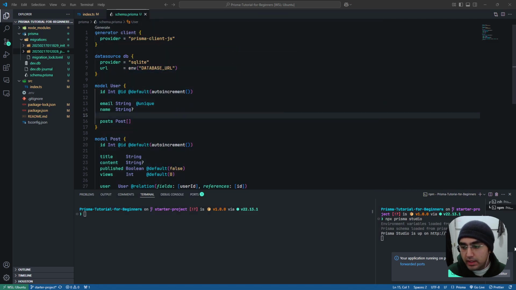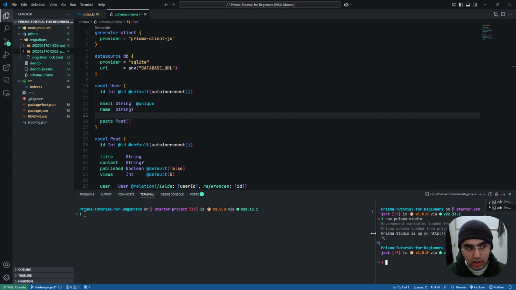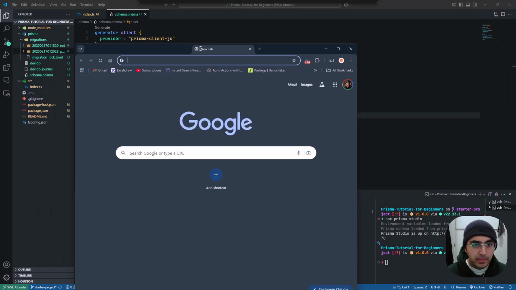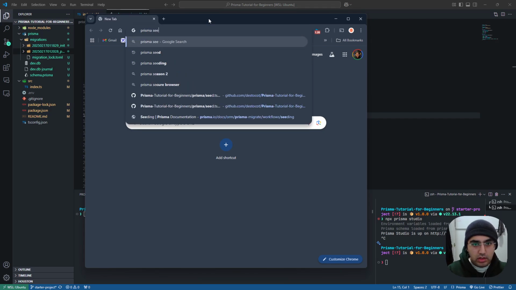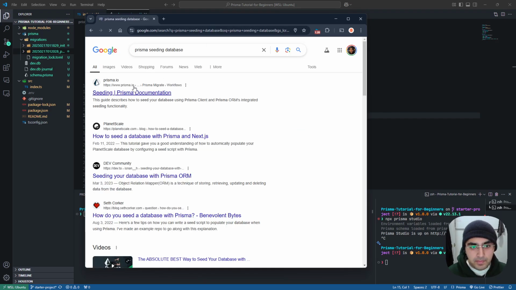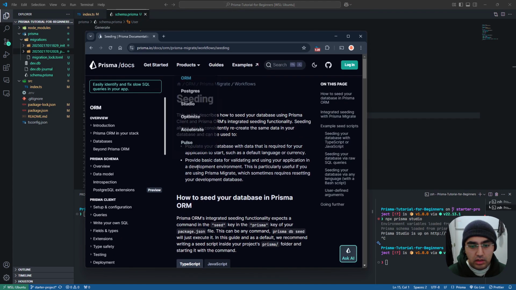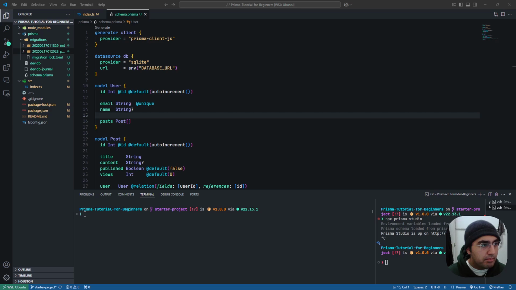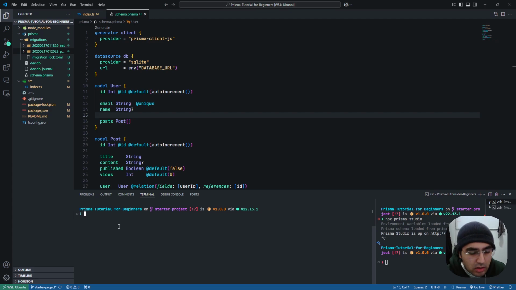So we're going to create a seeder for our database. And Prisma has a very nice guide on seeding a database. Okay, so we're gonna create a seeder. We're gonna add a bunch of data to our database. And just to make it a little bit more fun, I'm gonna install a dependency. We don't really need this, but it's good to use in a future project maybe. So npm install @faker-js/faker. Faker.js is a way to create a bunch of mock